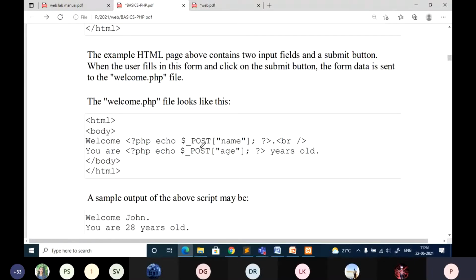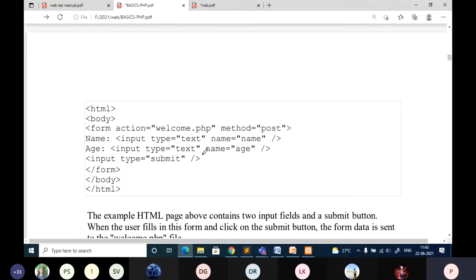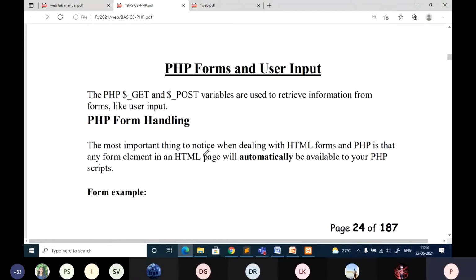This we have already discussed in the previous class and also in today's class. That is how you can access the form elements, form values, using the $_GET and $_POST variables. These are mainly used to retrieve information from the form. Form means whatever input tags you have used, like text box, radio button, whatever you use, you can access those values and display using PHP.